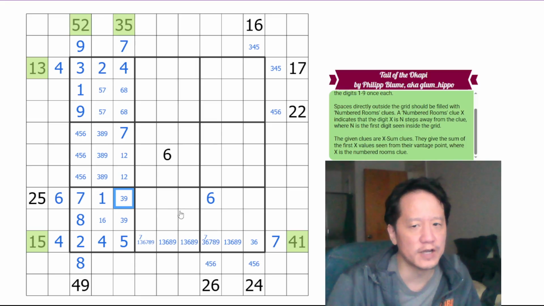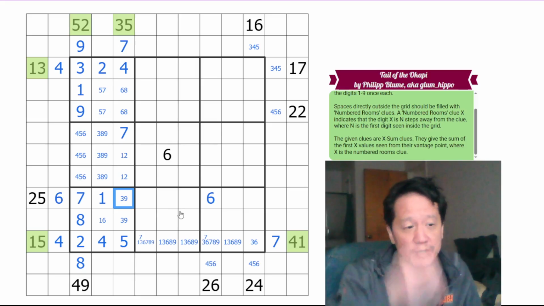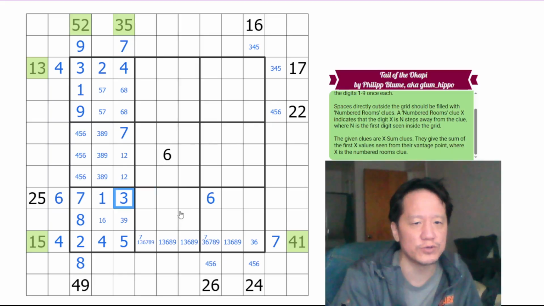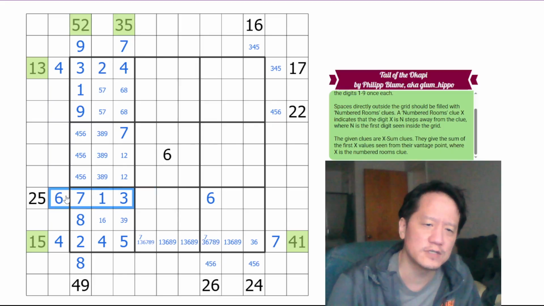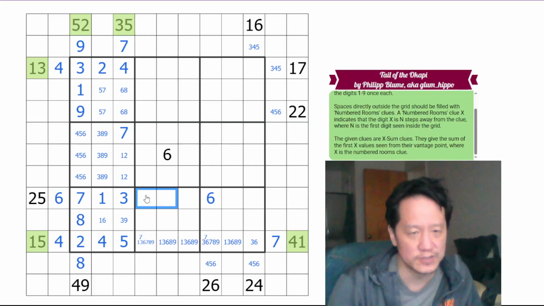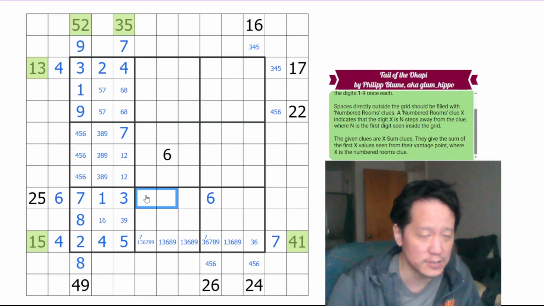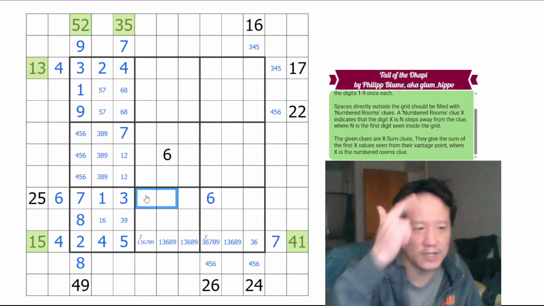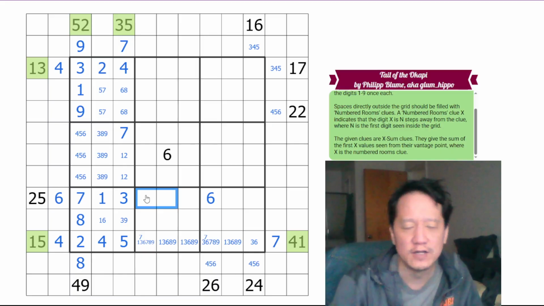You can't have 9, obviously, because 9, 1, and 2 is the minimum with a 9. So this is 3. So the first 6 digits then are 17, which means the remaining 2 is 25 minus 17, which is 8. Well, you can't have 1, 7, you can't have 2, 6, and you can't have 3, 5, so that's not going to work. So this can't be 6